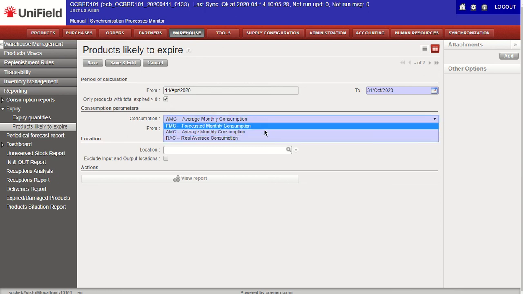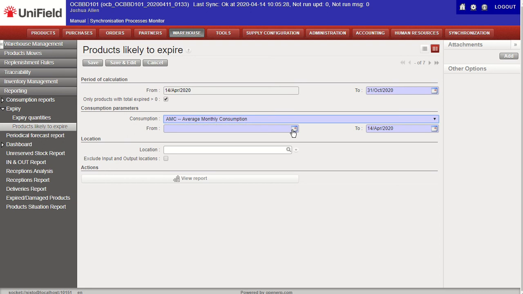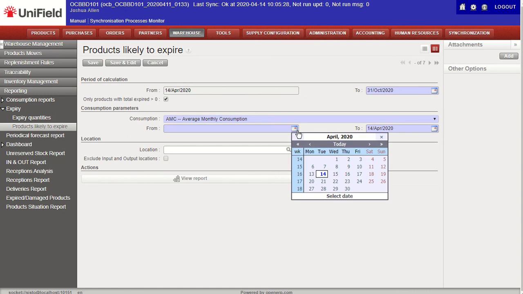And when you choose the average monthly consumption, it's going to bring up two more filters. And this is for you to indicate which time period you want the consumption based on. So generally you want to pick at least a 3-month period, maybe 6 months, but you can choose any period you like. So you can look back historically as far back as when Unifield was deployed in your mission and choose 3 months. So in this case, we're going to say January